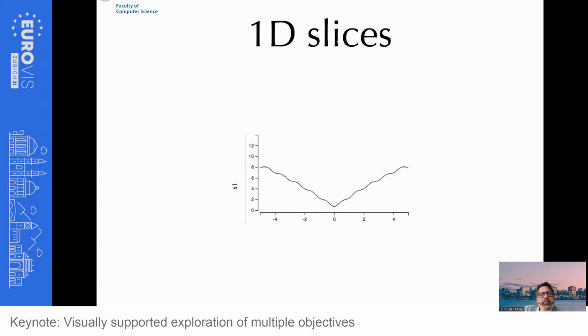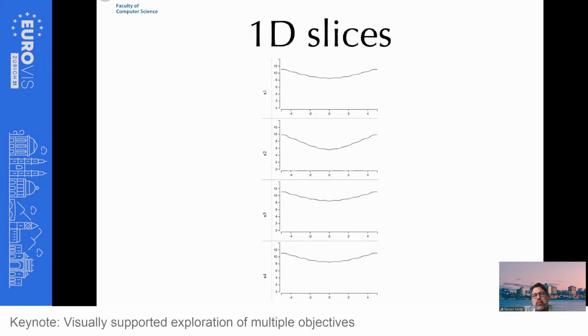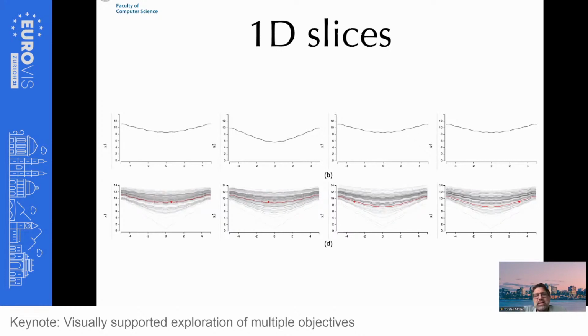And this now scales to multi-dimension as well. So if you have a 4-dimensional function, instead of 2 slices, you would have 4 graphs that let you explore this. And again, you can overlay. So for this 4-dimensional function, you now get a global overview, and get an idea of what is going on. The challenge, I admit, is of course now the exploration and the interactivity in this particular setting,